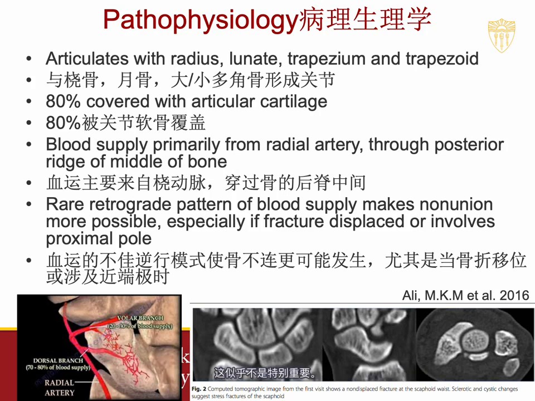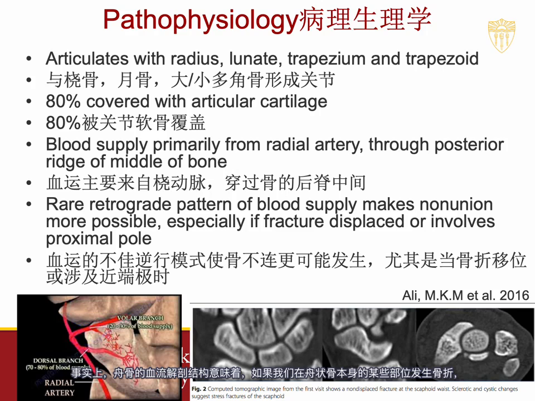That doesn't seem to be terribly important. We don't usually talk about this kind of stuff, but the problem is the way that blood flow occurs, we call it a retrograde pattern. The way that blood flow occurs with these 2 different branches, the dorsal branch and the volar branch,